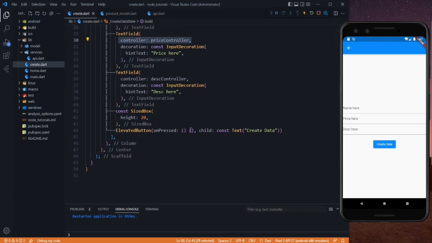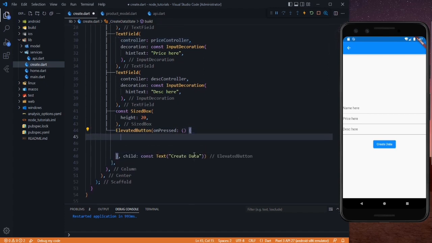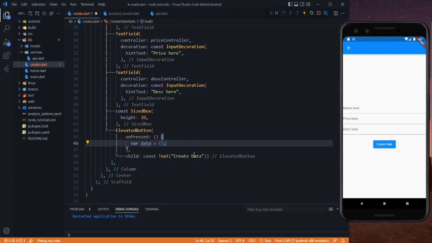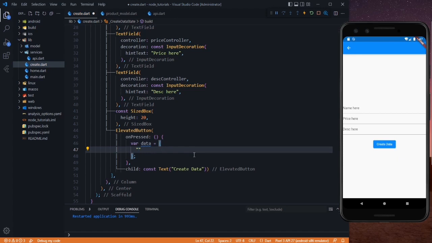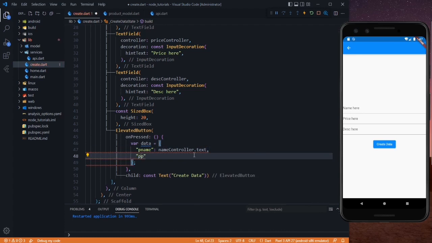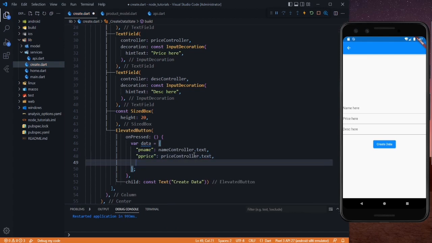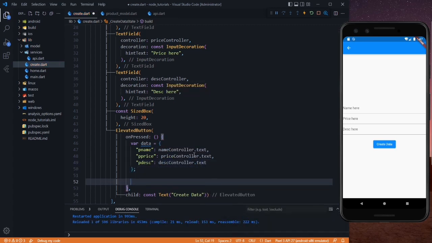So on the click of this, let's say var data is equal to a map, and in here we need to pass our p name, and it will be equal to name controller.text, and after that p price, and it will be equal to price controller.text, and after that we need to set p description, and it will be description controller.text.